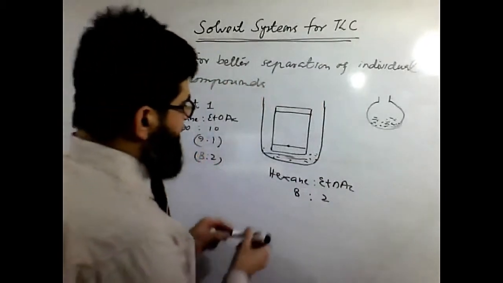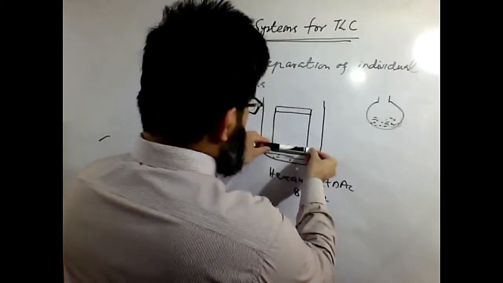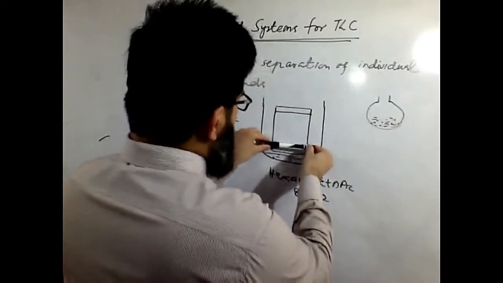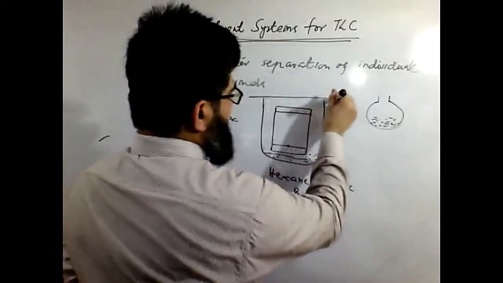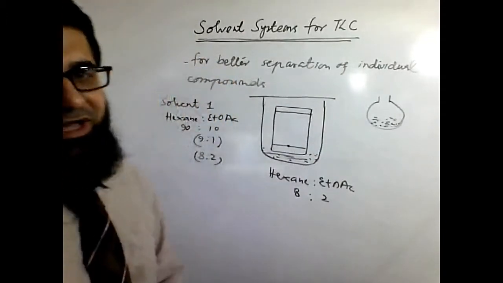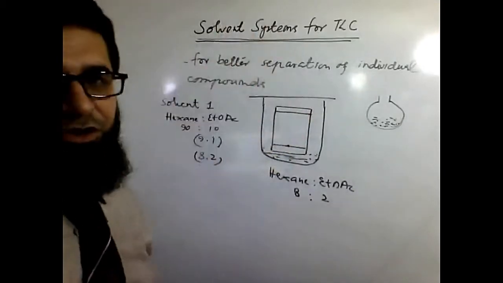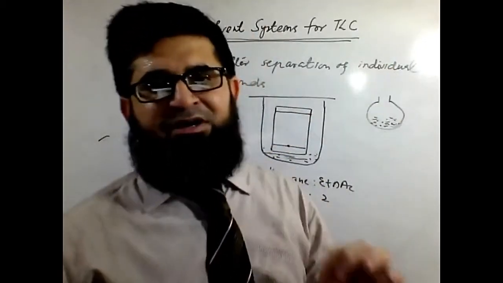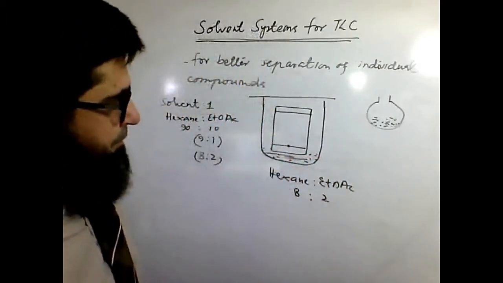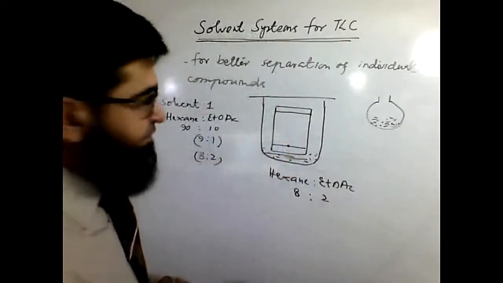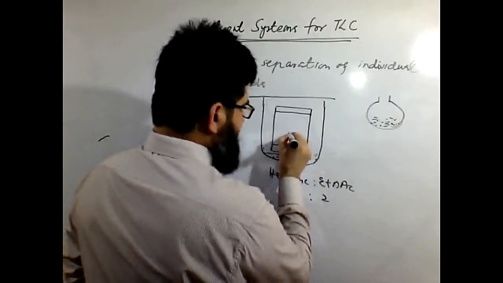Again, we will let the solvent move through the TLC. It will pass through this spot and move until it reaches the upper line. We had already covered it. As soon as the solvent has touched the upper line, we will remove the lid and take the TLC out. As per our practice, we will let it dry for a while, and then we will look for the spots and see how the spots have moved on the TLC.